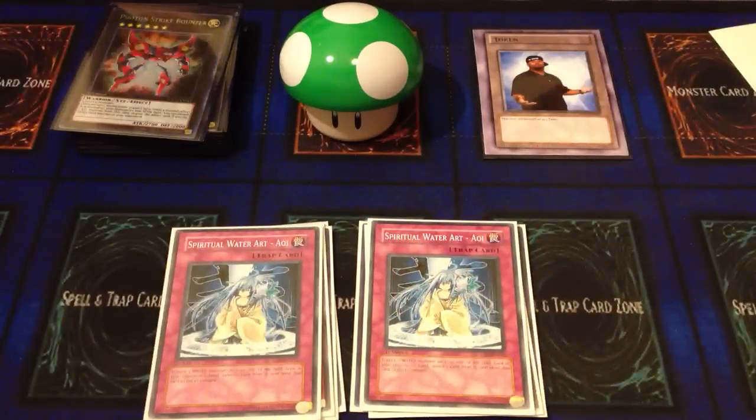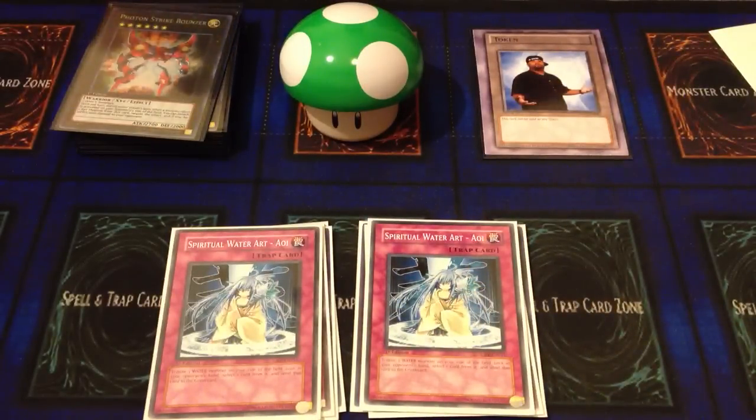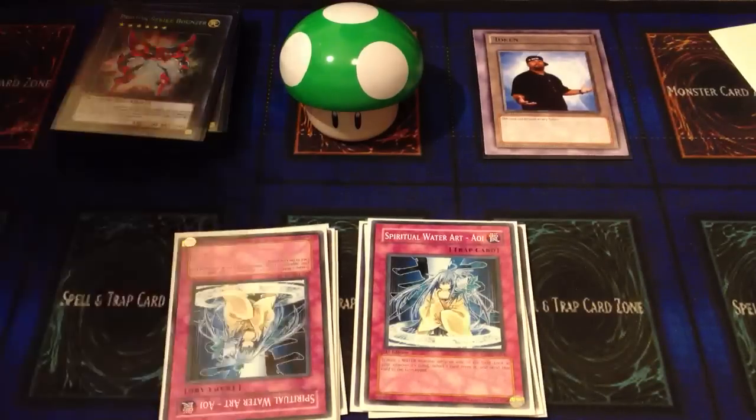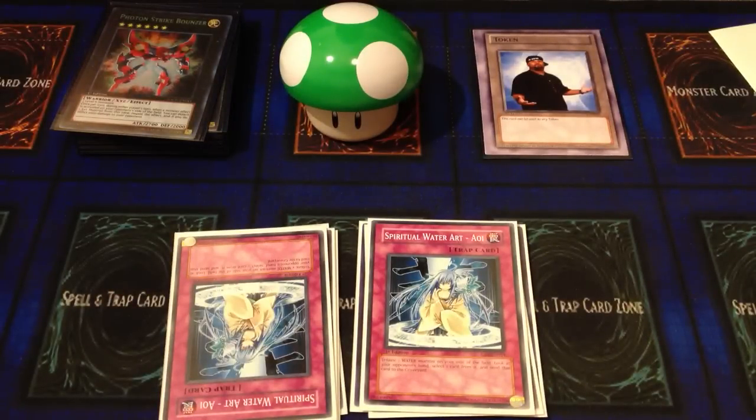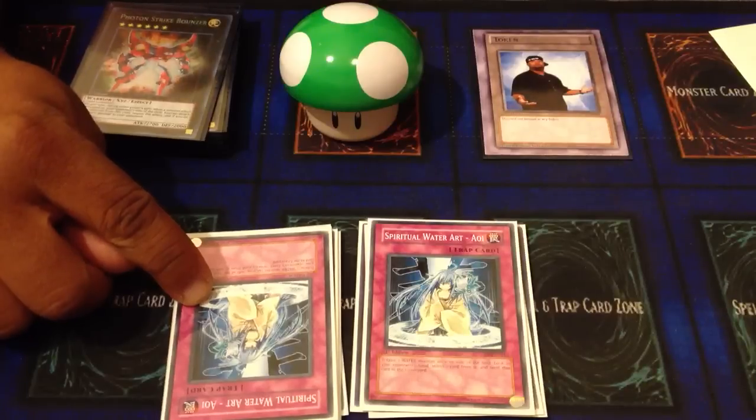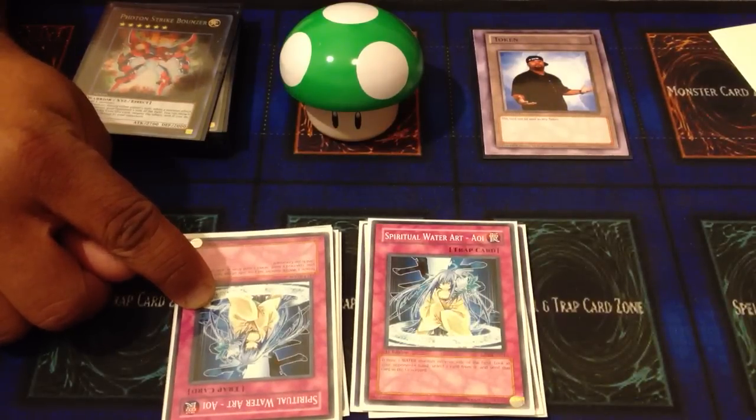Alright, guys, it's been a very, very long time since I've seen this card. I actually had to go dig it out of my water box. So I'm just going to go ahead and read this for you newcomers. Tribute 1 water monster on your side of the field, look at your opponent's hand, select 1 card and send that card to the graveyard. Alright, guys, this is a very, very powerful card in this deck,